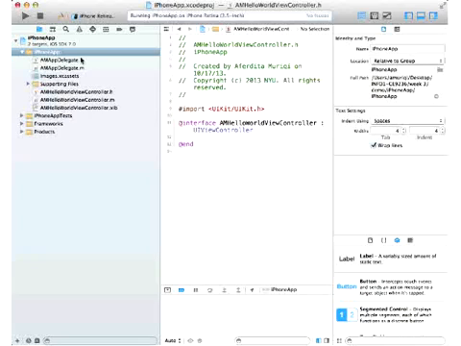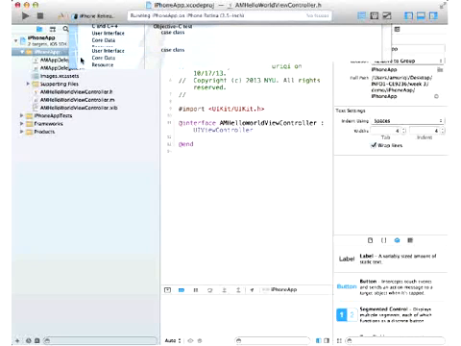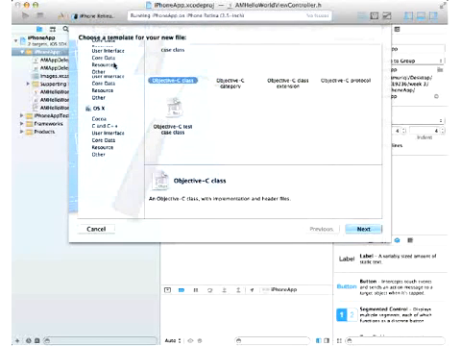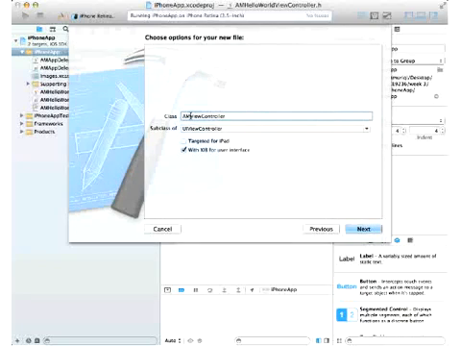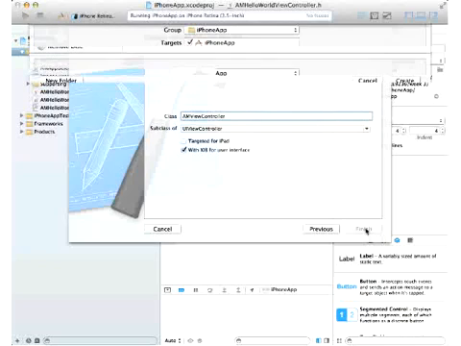Okay, I'm going to create another view again. So I'm going to hit Command and N, select Cocoa Touch, Objective-C class, hit the Next button, and add any name you would like. In this case, I'm just leaving it as is. I'm selecting the NIB, checking the NIB for user interface. Next,